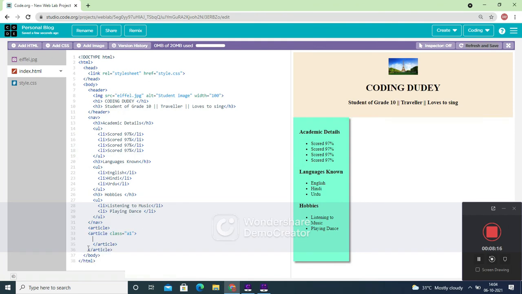Got it? So now here you can just write in this H3 tag, you can give about your best friends, or first you will give about myself or about me. Okay, here we will just create another article inside here itself. Class is equal to A2 bar